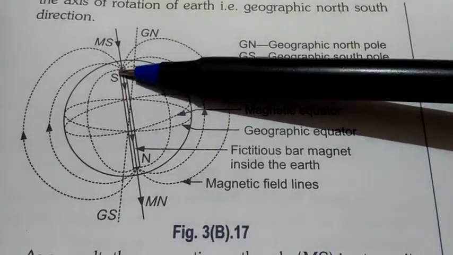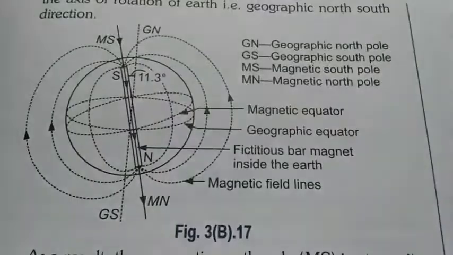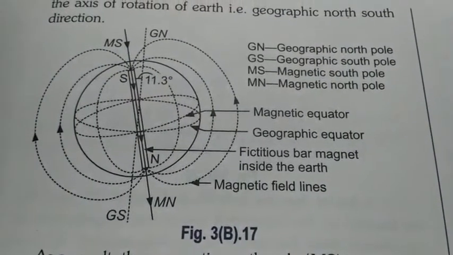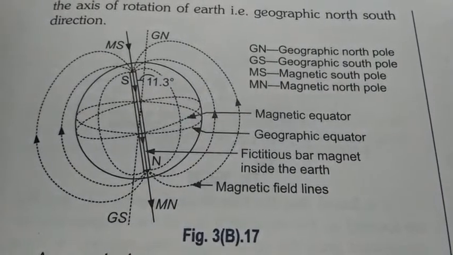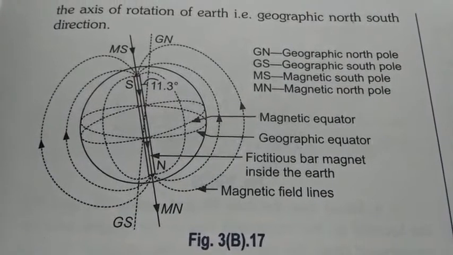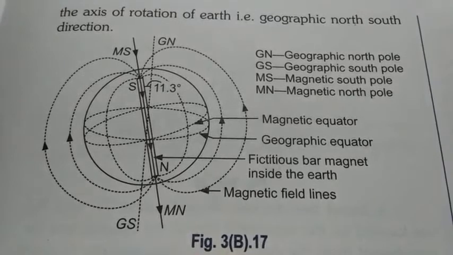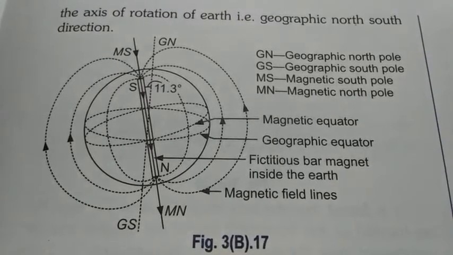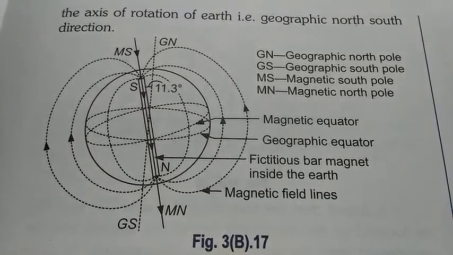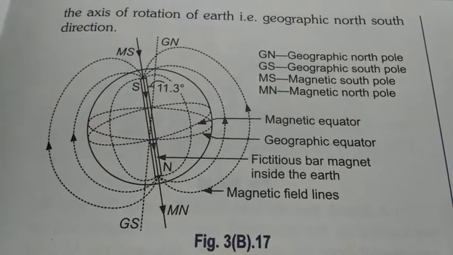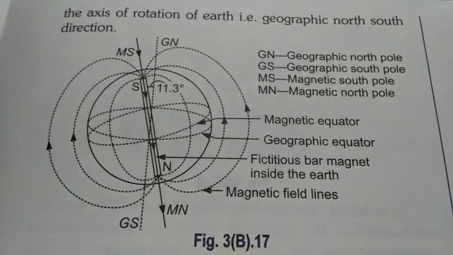I think you must have observed one thing, that the magnetic south pole is a little bit inside from the surface of the Earth. In the case of a simple bar magnet also, the poles are not right at the corner of the magnet, but a little bit inside. So the geographical length of the magnet is a little more than the magnetic length of the magnet. Is it clear? Because the poles are a little bit inside, not just at the edges. So that's why the magnetic length of any magnet is smaller than its geographic length.